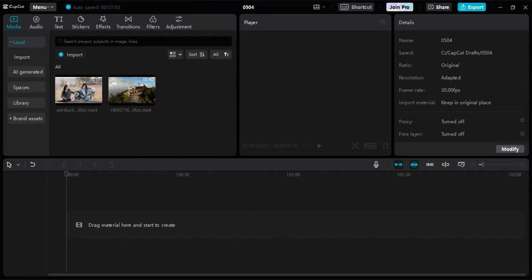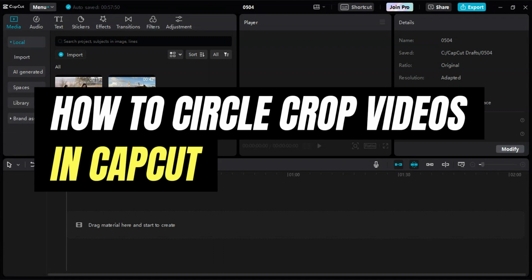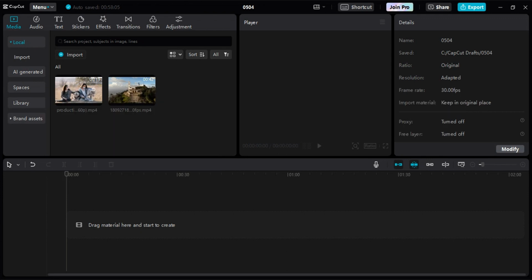In today's video, we'll learn how to circle crop videos in CapCut. So if you want to go ahead and create a circle crop onto your video, then you're onto the right guide. So the first thing that we need to do in here is to open the CapCut desktop app,